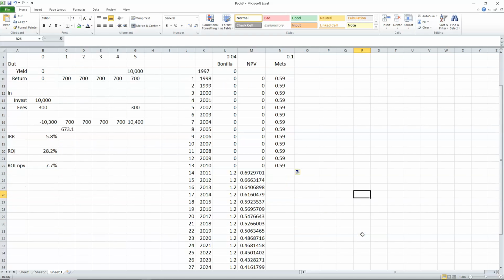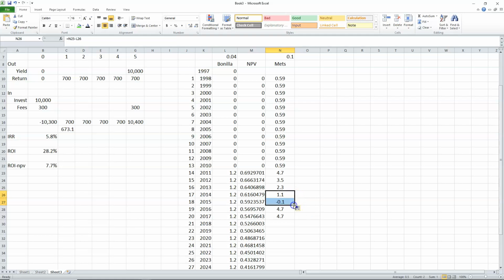But anyway, so the Mets are actually making money all these years. And then what happens is when they have to start paying out to Bonilla, then you start subtracting it off. So instead of 5.9, it's equal to 5.9 minus this much. So let's see. Whoops. This number should be equal to this minus the 1.2. So the real trick here is this part, figuring out how much the Mets are making. But what this integrates in what we've learned in class,